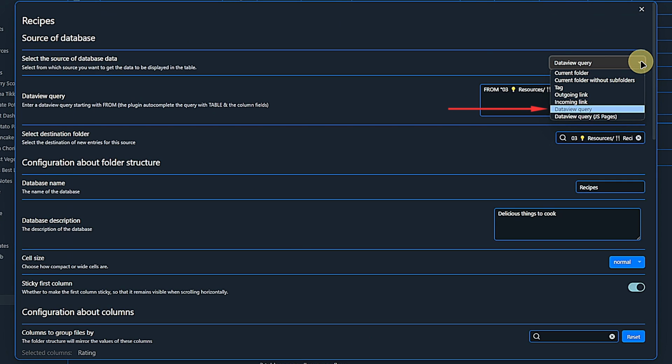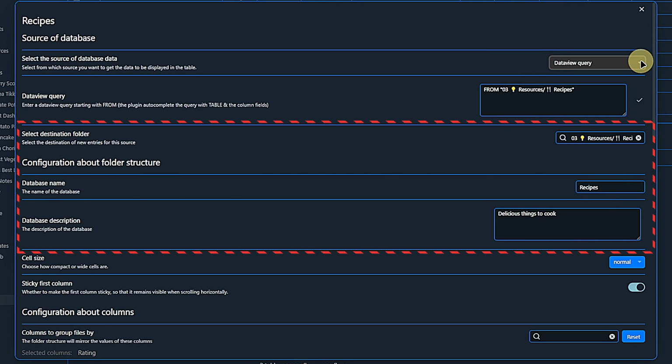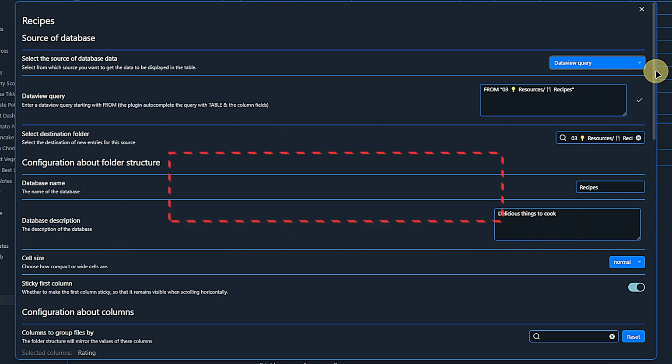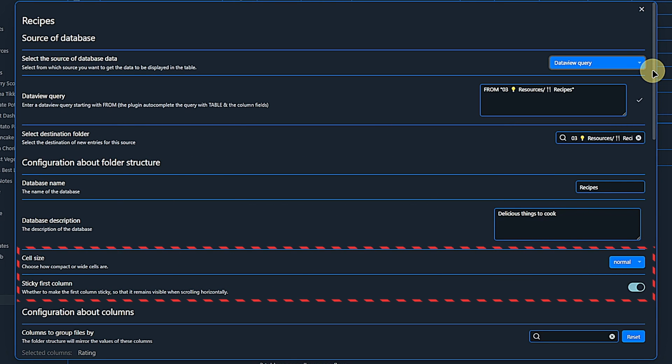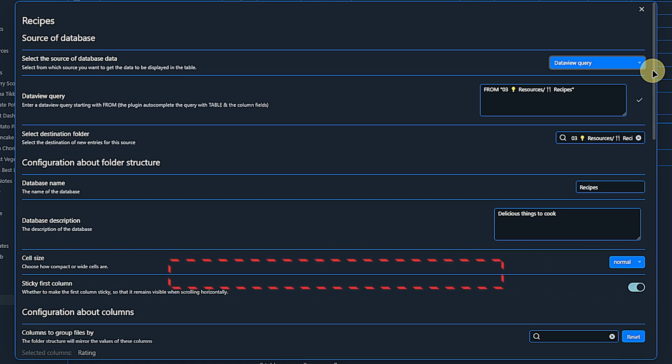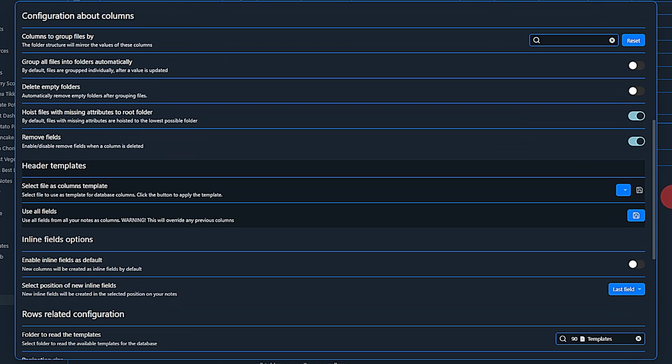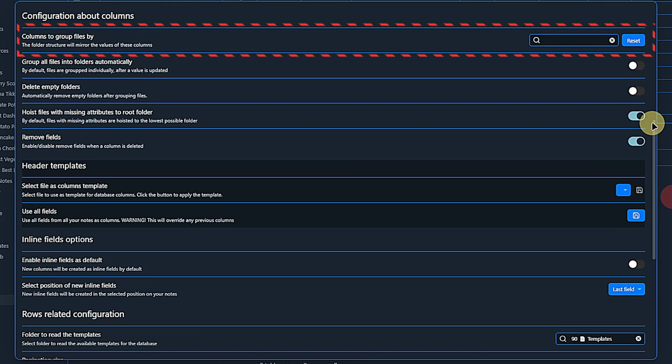Data view query lets you refine your database content by using queries, as we have seen before. We already discussed the destination folder, database name and description. The cell size and sticky first column settings work as they do on the plugin level, but only apply to the current database. In the columns configuration section, you can select one or more columns for automatically grouping nodes in